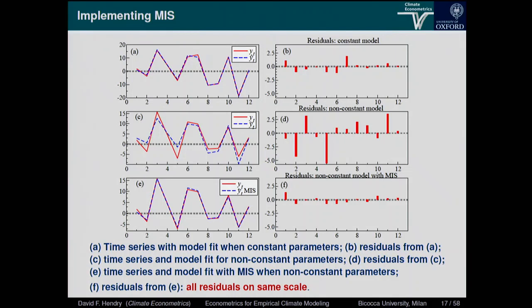And then this is the set you get after you've done your multiplicative indicator saturation, and you can see these are almost the same as these, except it's picked up observation 7, and there's no shift at observation 7, because although it also picks up the shift, it gets a near perfect fit.